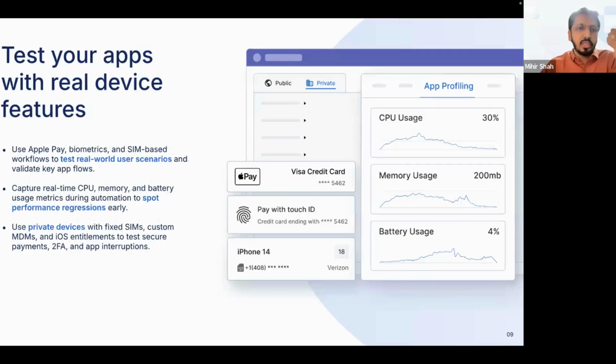I'll quickly move to the other part. We talked about different challenging scenarios that come up, be it payments, biometrics, SMS related, or OTP related use cases. In order to test this, you can test your basic interactions on emulators. But how do you test these real world scenarios? You can only simulate them on actual real devices. You need to go through the end-to-end user workflow, being able to test biometrics, Apple Pay, SIM-based workflows, etc. So you have advanced use cases like accessibility testing,